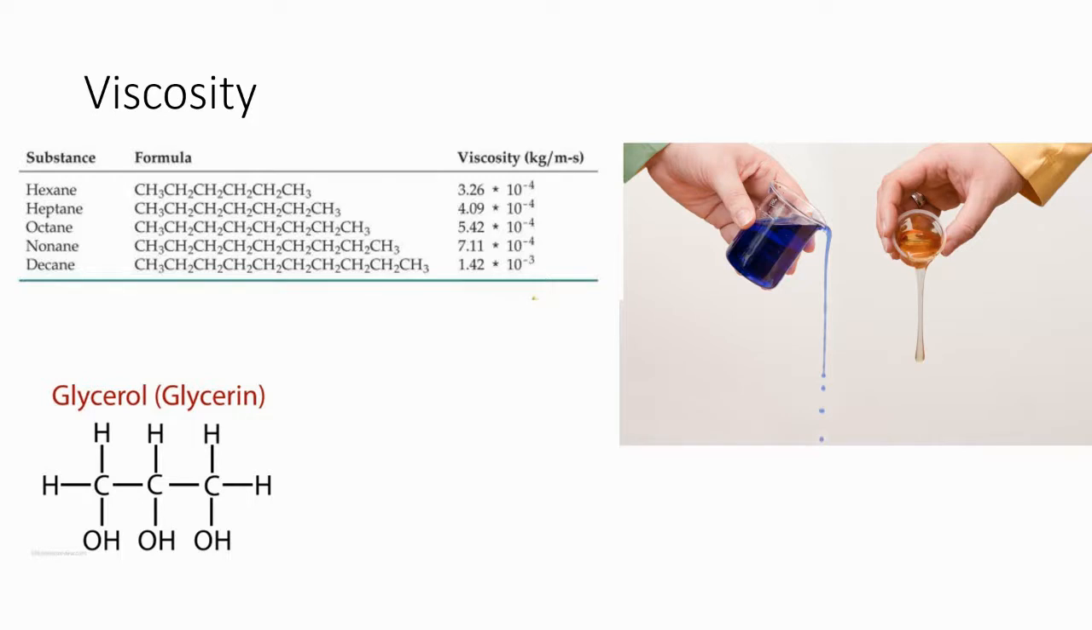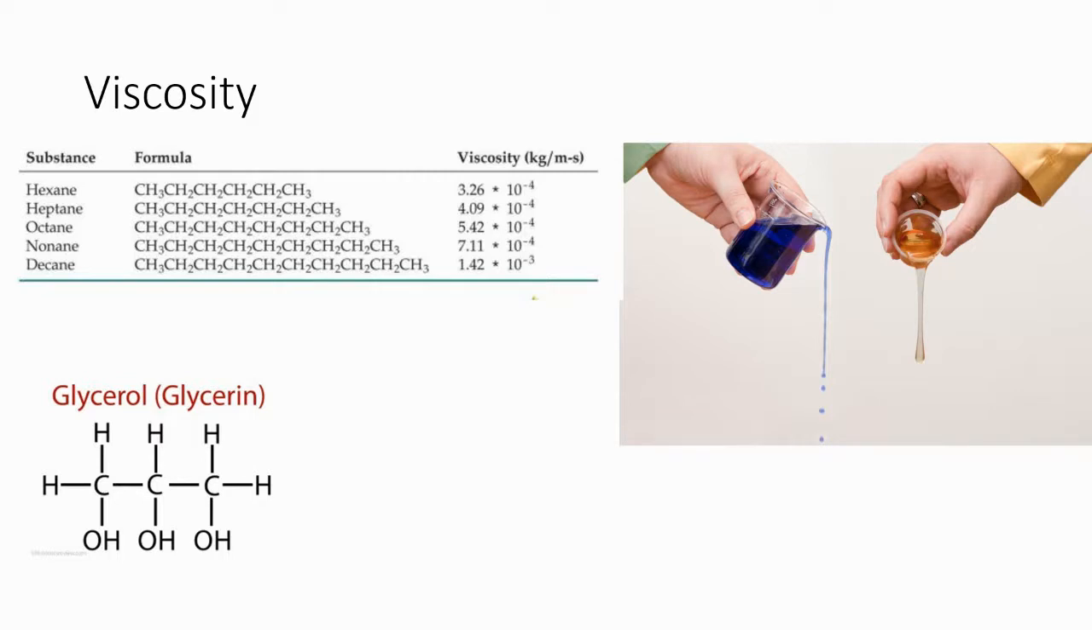Now, let's talk about the molecule that is at the bottom called glycerol. It's not nearly as long of a chain as any of those alkanes above it. It's only got 3 carbons in it. But look down at the bottom. You see those OHs,